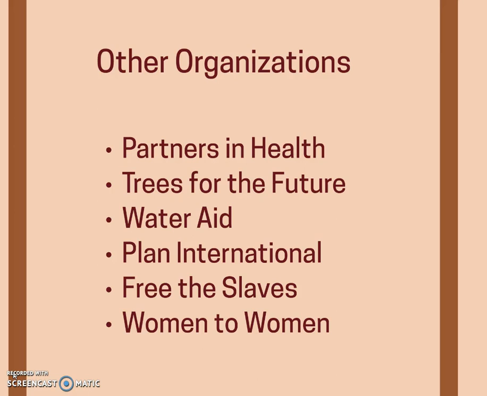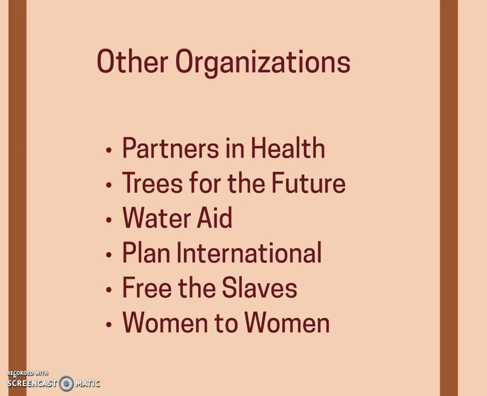Trees for the Future is an organization that engages in reforestation. But again, instead of just planting trees, they try to do development projects that try to reduce the need to engage in deforestation. Water Aid is an organization that, again, holistically tries to solve the problems of water scarcity in different parts of the world. They do a lot of work in Africa in particular, and we'll probably mention them later on when we are in the Islamic Empire lecture cycle, where we'll talk about water scarcity.